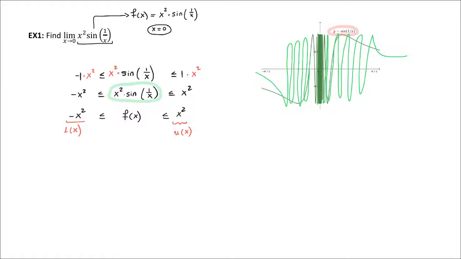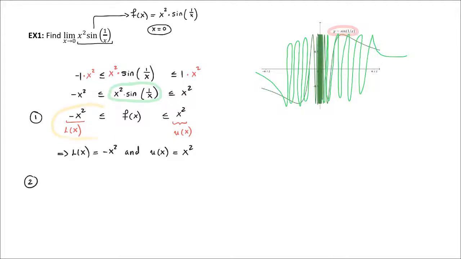So that's practically satisfying condition number one of the squeeze theorem. We found the outer functions. In other words, we found that L of x is going to be equal to negative x squared, and we found U of x to be equal to x squared. Fantastic. Now two, remember,